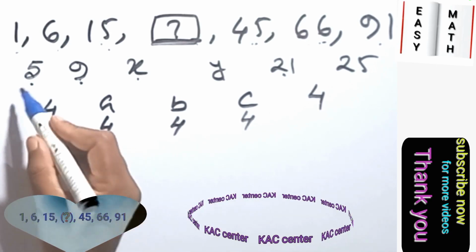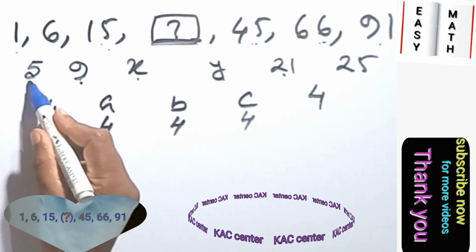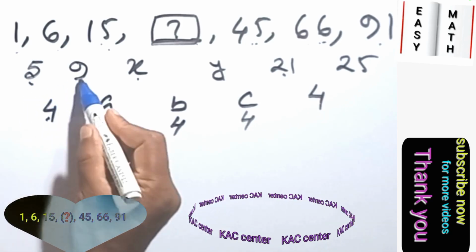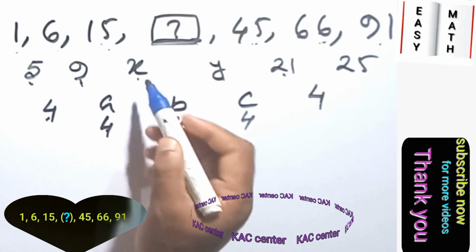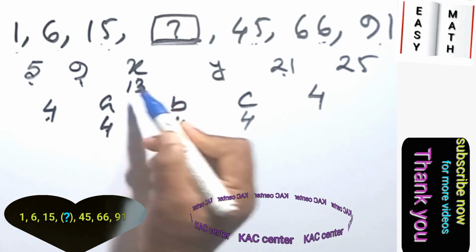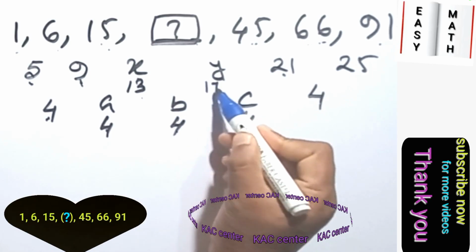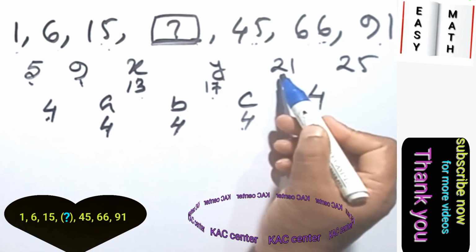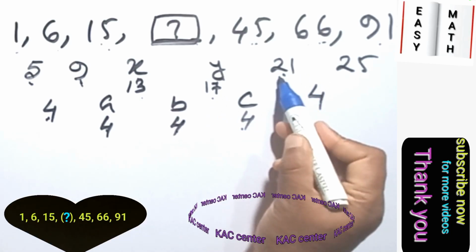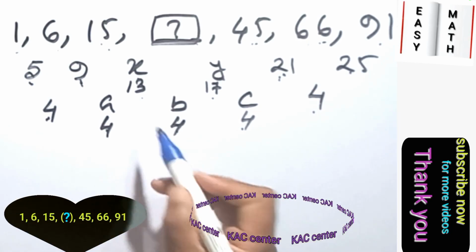So now 5 plus 4 is 9. So 9 plus 4 is 13, and 13 plus 4, so y is 17. 17 plus 4 is 21. 21 plus 4 is 25. And now the